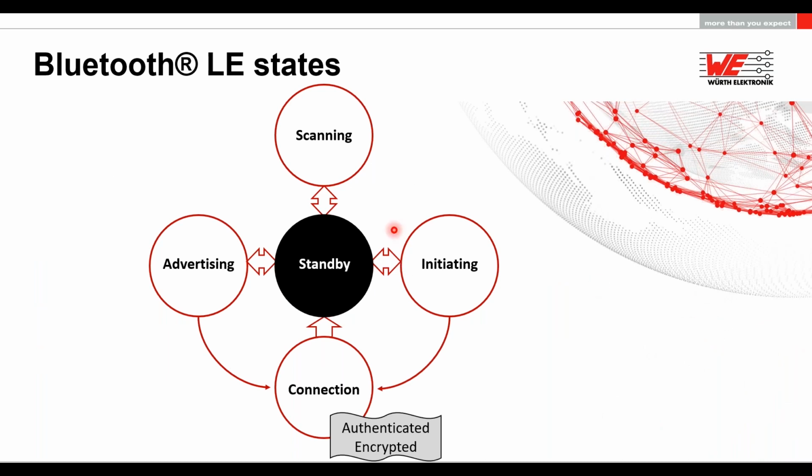It's important to know these Bluetooth Low Energy states. Maybe we spoke about the advertising channels before. The peripherals advertise their services on the advertising channel. Usually the central device is scanning and looking for these advertising packets, and once it receives an advertising packet, it can initiate a communication. On initiating the communication, the key exchanges happen typically to establish a secure link, and once the connection is established, an authenticated and an encrypted link exists between the central and the peripheral.